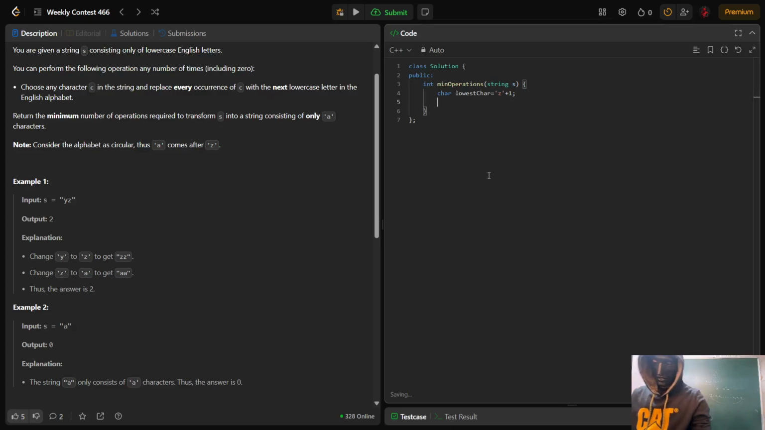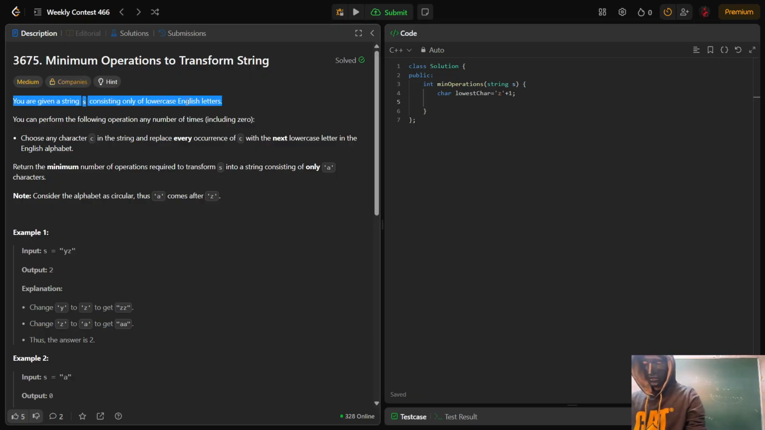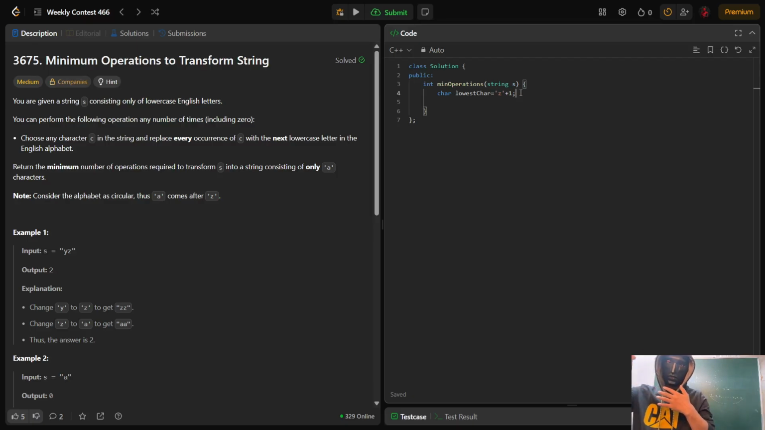Z is the maximum, because in this case they have said your characters are lowercase English letters. So the next character I am taking as the lowest character, because initially I want the highest. In the same way we do it when you want to find the lowest element in an array: you take INT_MAX as the initial element, right? So the same way I am doing it. Z plus 1 is the max character. So now I'll be iterating through this string, and if this character is not equal to a, then my lowest character will be